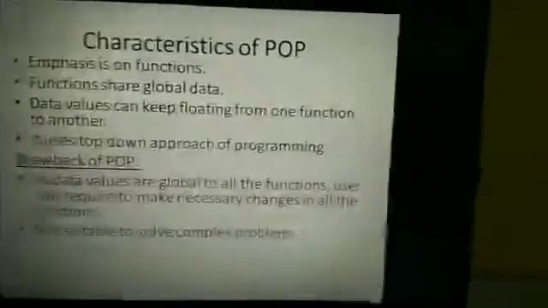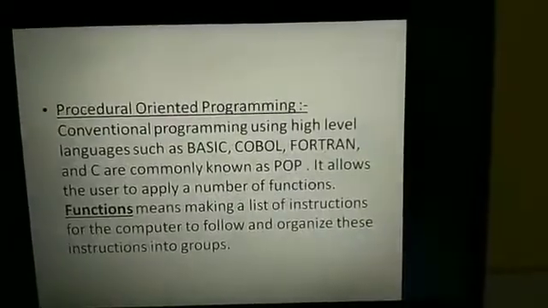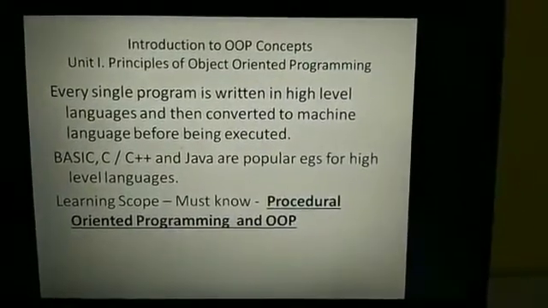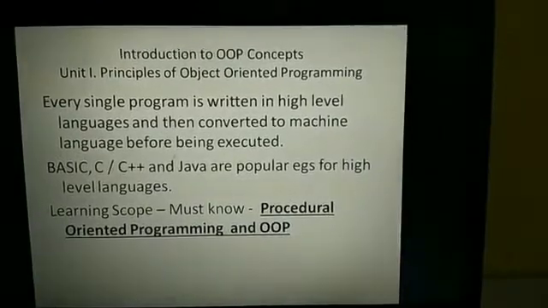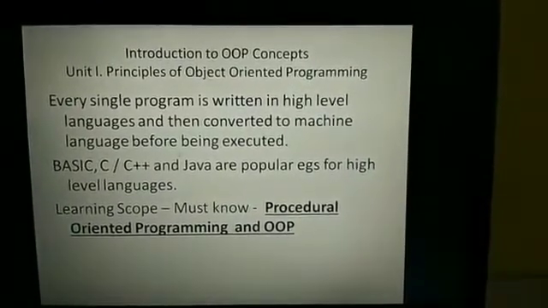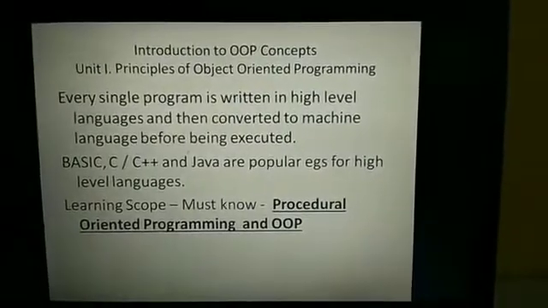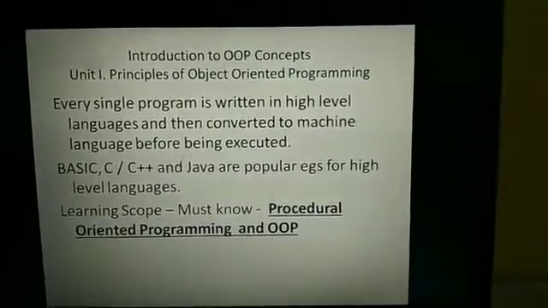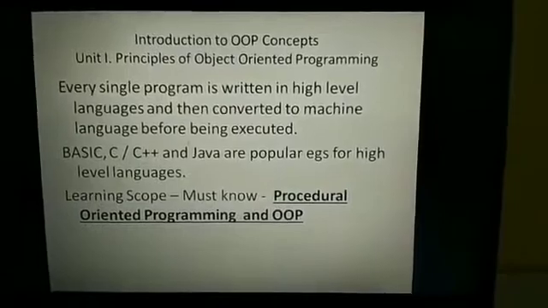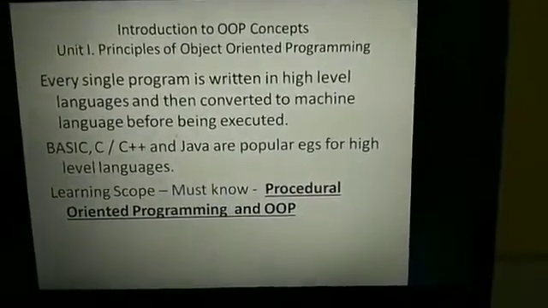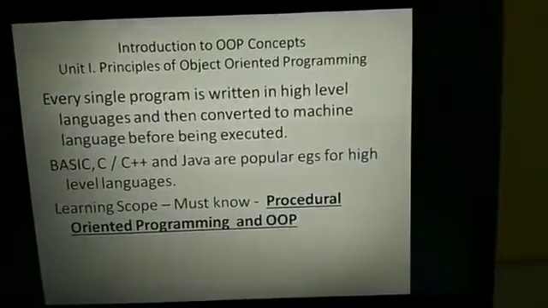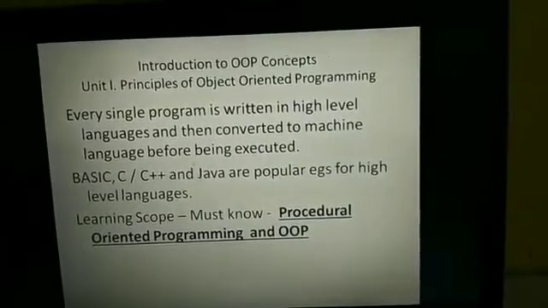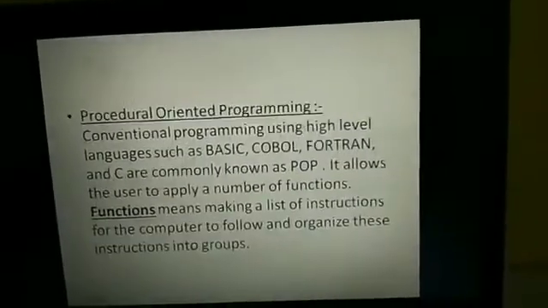So, did you understand the previous slide? The first slide I'll just once again repeat: all programs in computer language are either written in low level or high level language, and these languages are then converted to the machine language before executing. Low level language had certain drawbacks or limitations, so the high level language was developed. Your high level language is further classified into procedural oriented programming and object oriented programming.